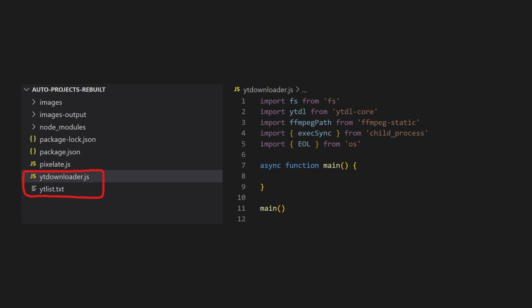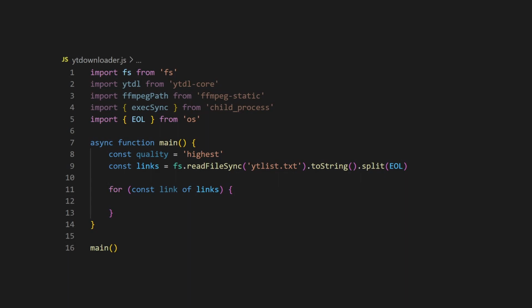So this is imported from the OS module. Both fs and OS are modules that are provided by Node.js itself. Alright, so I created a constant called quality, just so you can specify the quality you want, so high, low, etc. Then I read the file,